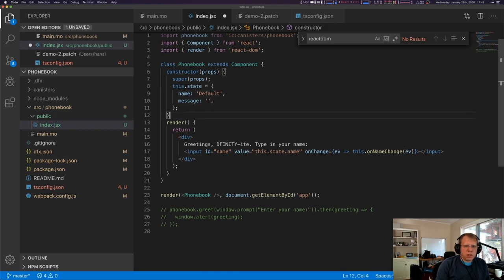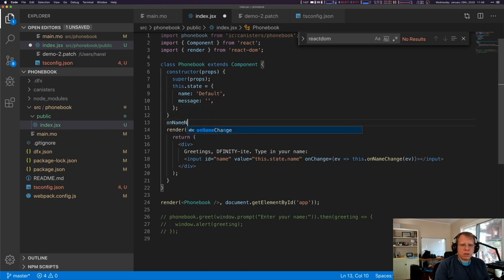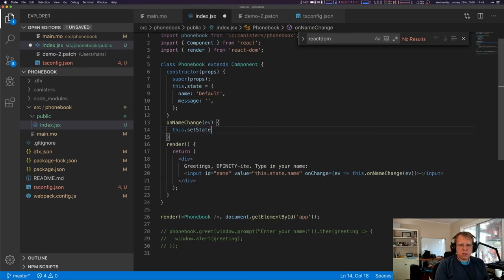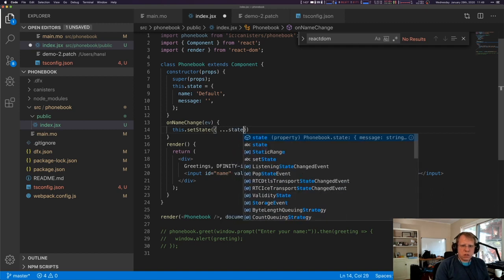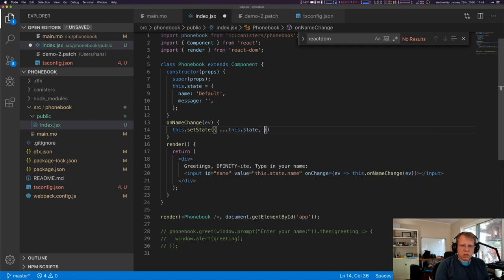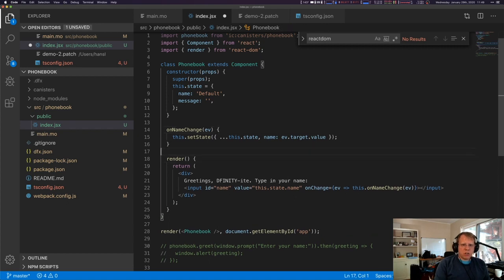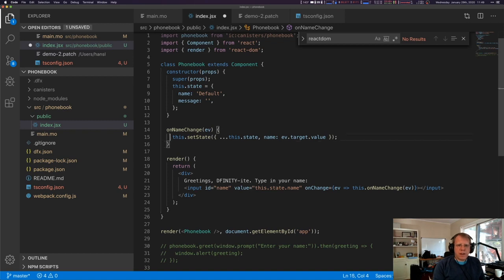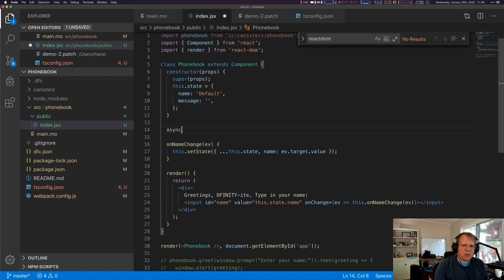Let's put a default name, and then on name change event, which should be this dot set state. We're not gonna use any, and then name colon e dot target dot value. Actually, this is great. We're not going to do any kind of redux or anything like that, but you guys can imagine what it would look like. And then async do greet,